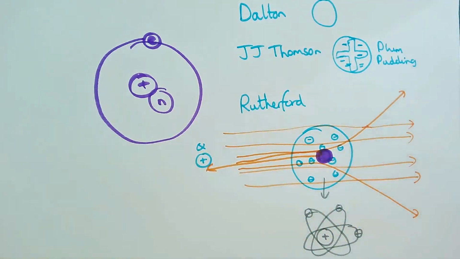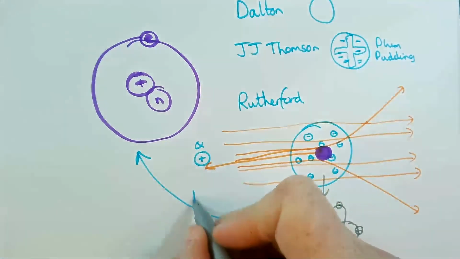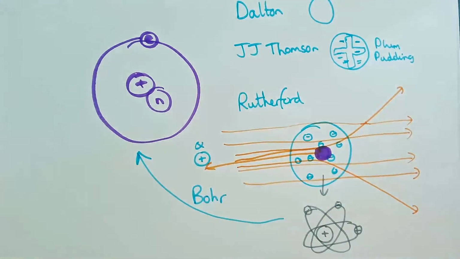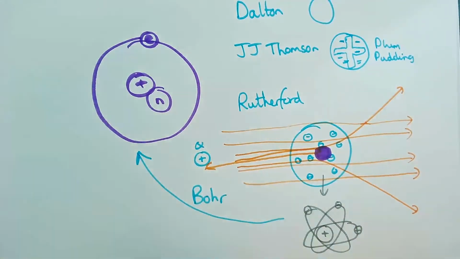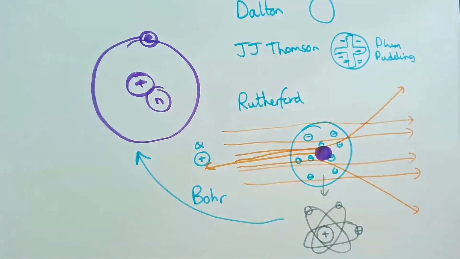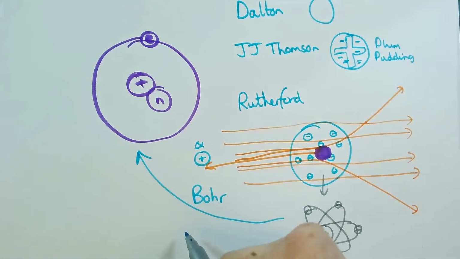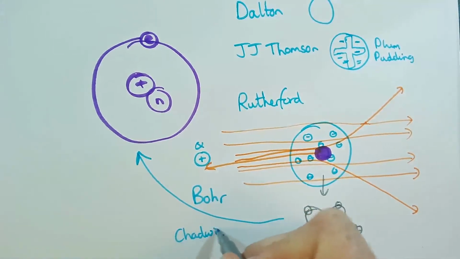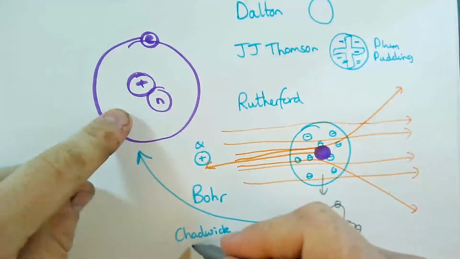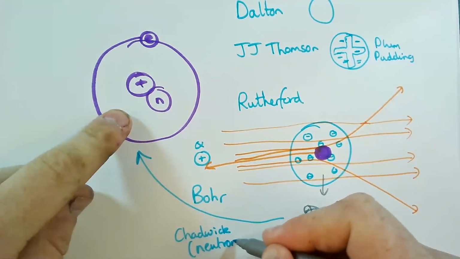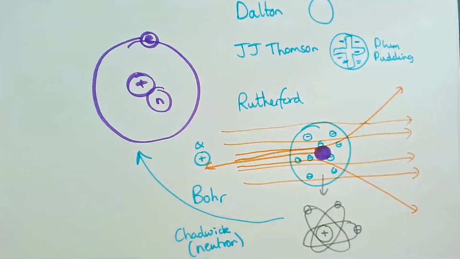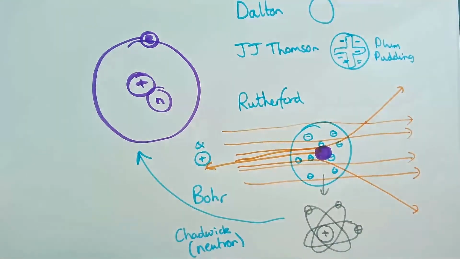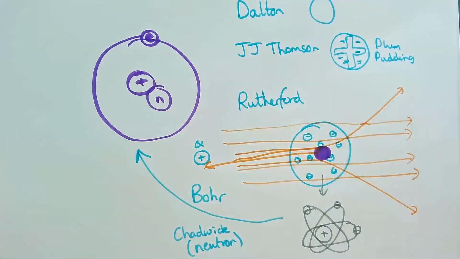And then finally, the people who get us to this are two people. First person, the actual important person, is Bohr. Bohr says the electrons don't whiz around like that. They actually have these set orbits, and that leads us to all the bonding stuff that we had before. It explains that, so that's good. And the other person is Chadwick. And Chadwick discovers the neutron. So instead of just having this vague positive lump, we've now got protons and neutrons in that nucleus. And that's where we end up with our orbital model that we have today.